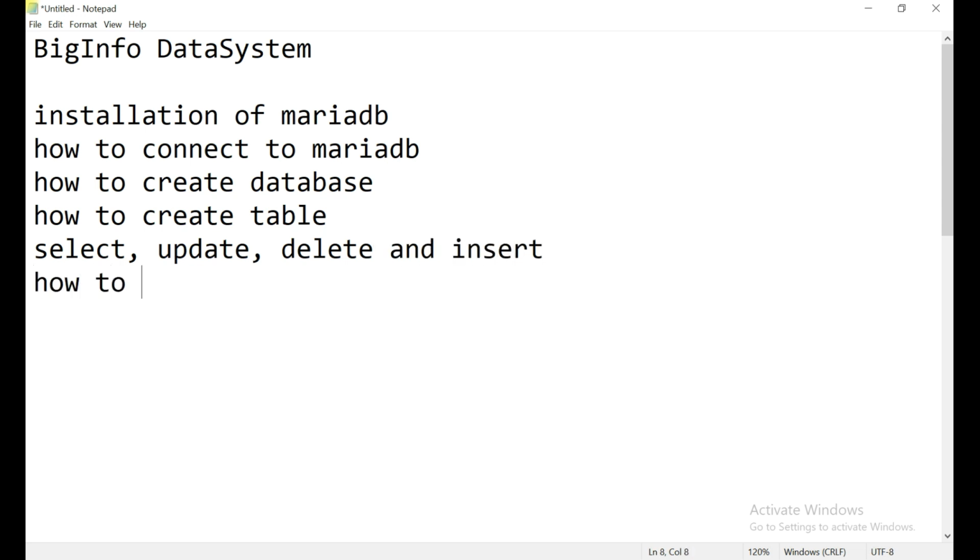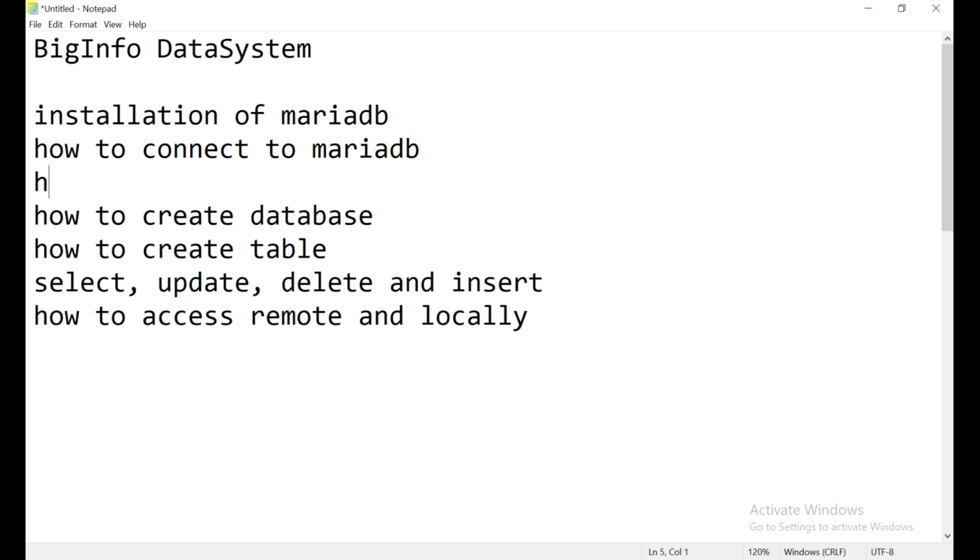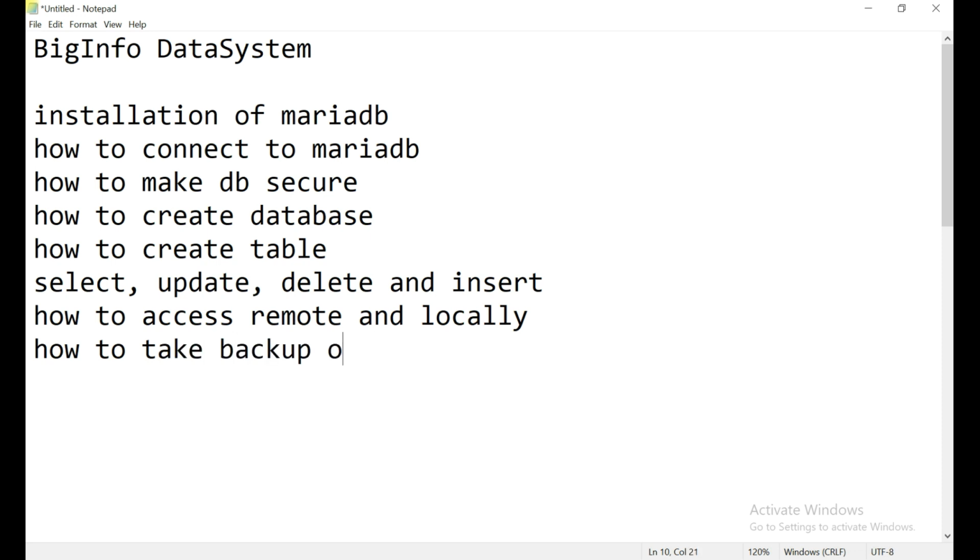Then how to access remotely and locally, and how to make the DB secure, because whatever we install initially is not secure, so we need to make it secure. And how to take a backup of the database and how to restore it.